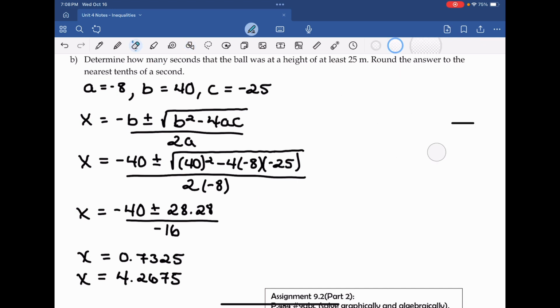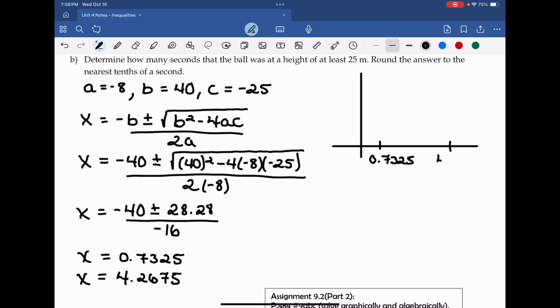If we think about this in terms of time, it won't be negative. So maybe I'll just draw quadrant 1. I'm going to draw it like this. And then I'm going to sketch in the following. One of our x-intercepts was here. The other one was about 4. The value of this one was 0.7325. The value of this one was 4.2675. And our parabola should look kind of something like where it's going to start at 0, 0 because